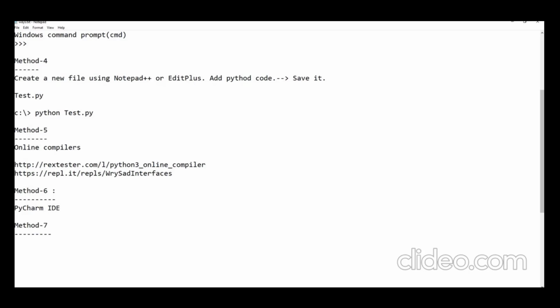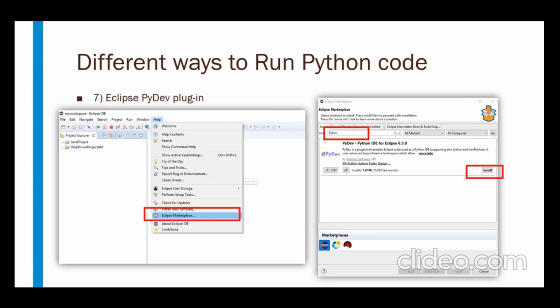So when you open your Eclipse application, go to Help, go to Eclipse Marketplace, and here you will search for PyDev. This is an add-on or plugin we need to install on your Eclipse if you want to work with Python projects in Eclipse. So just go to Help, Marketplace and search for PyDev, and it will give you one plugin here, and then click on the install button and it will be installed. It will take a few seconds and then finally install. So once we have installed this, now we can open your Eclipse.